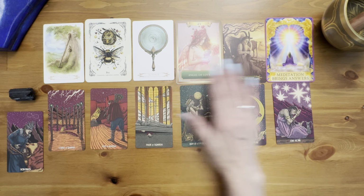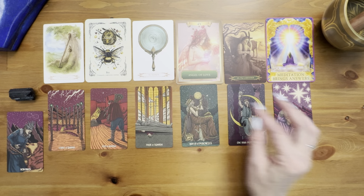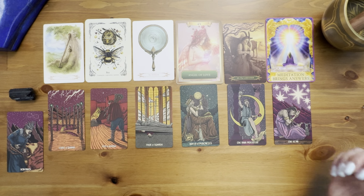And taking time to meditate, you have the strength of reflection. Taking the time to meditate is going to allow you to renew yourself, find that inspiration, find that hope, which is going to fuel you to pursue this creativity, trusting your intuition. The reflection card, the mirror card, is also about mirroring other people. So